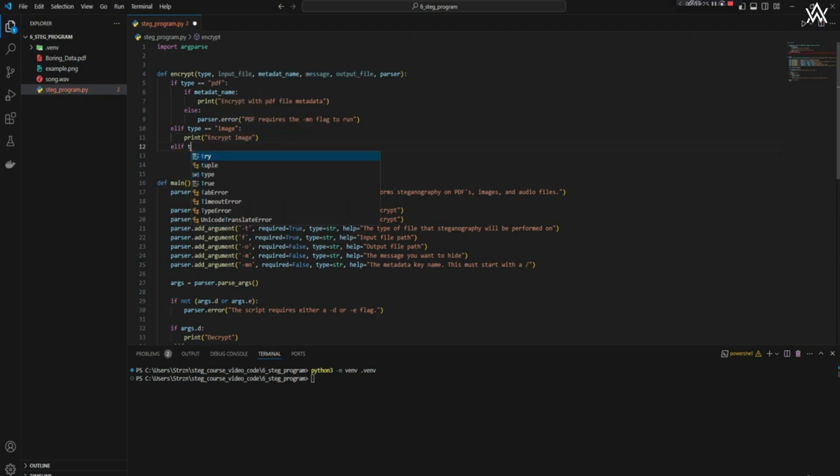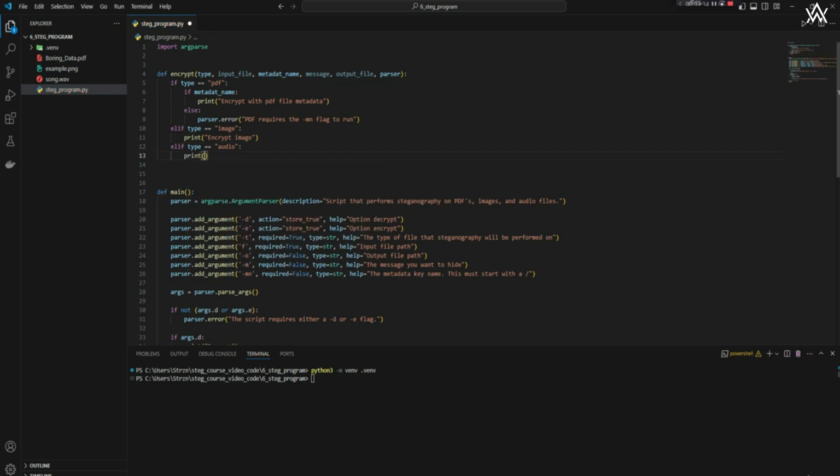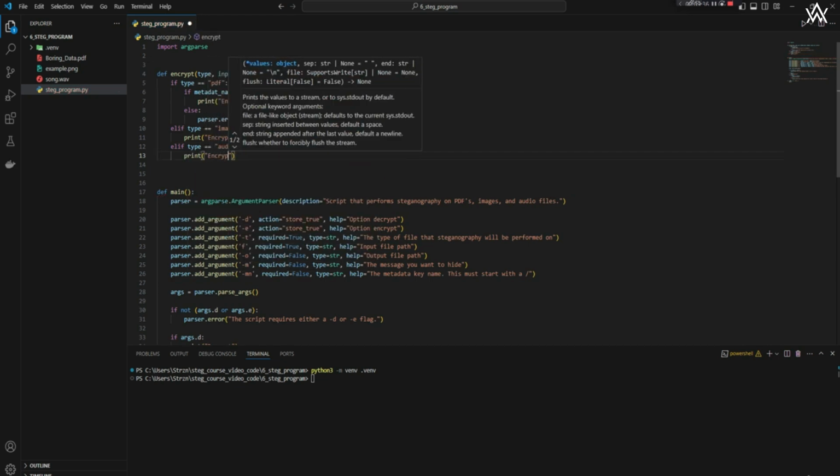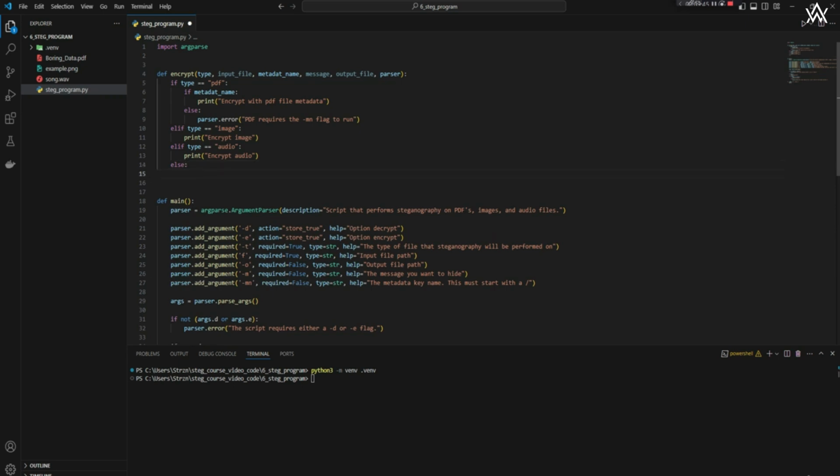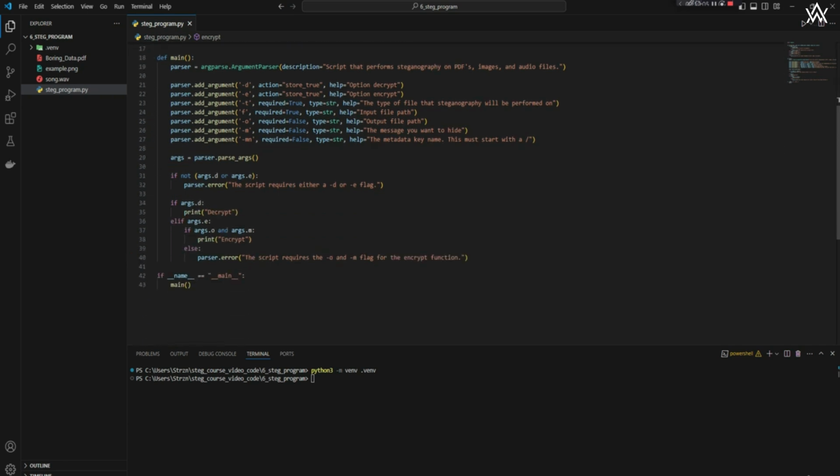And we'll say if type equals audio, then we're going to print encrypt audio. There we go. And then we'll say else parser.error the only types acceptable are PDF, image, and audio. There we go. And so now, if we go ahead and remove this,